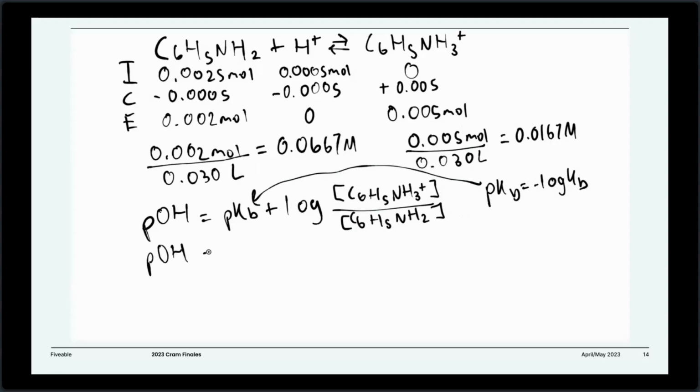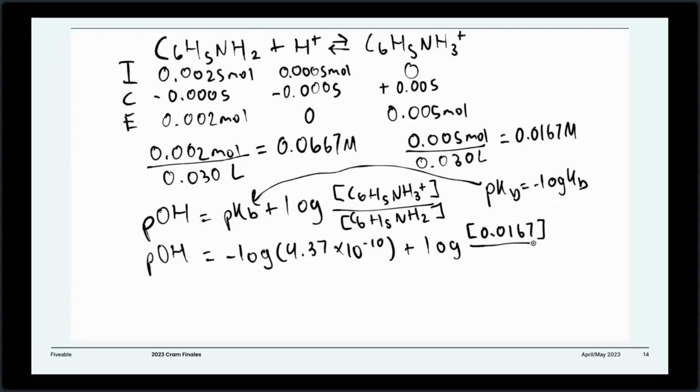So pOH is going to equal negative log, and then from part B, we have 4.37 times 10 to the negative 10, plus we have log of those concentrations, and we found that to be log, and over here it was 0.0167, and we divide that over 0.067,